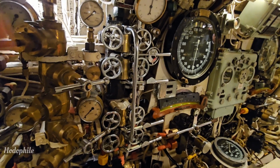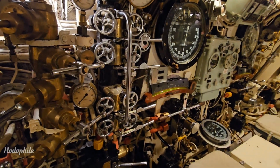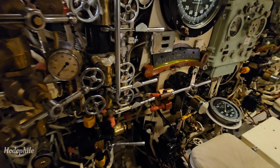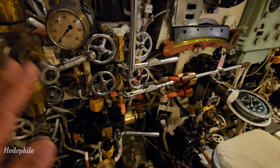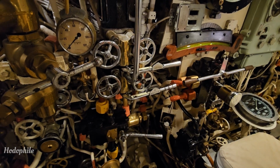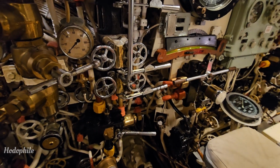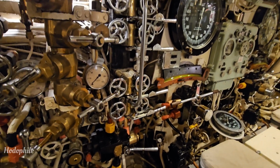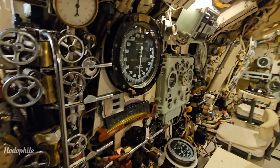Do you know how a submarine works? A submarine goes up and down in the sea by using tanks called ballast tanks. When the submarine is at the surface, its ballast tanks are filled with air, thus making its density less than that of the sea water. In order to submerge, the ballast tanks are filled with water, making the overall density of the ship higher than